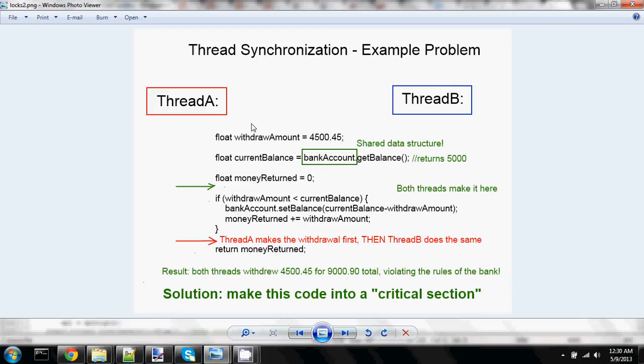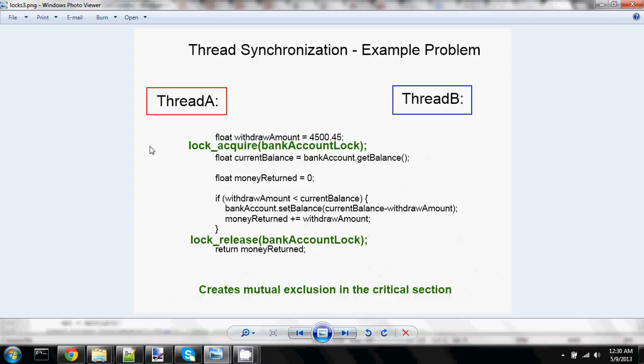So what we have here is what we call a critical section. It's a section of code where you only want one thread to run it at once because you have sensitive shared variables, in this case the bank account. So to fix this, we wrap the critical section with lock acquire and lock release. And the idea is that whatever's between these two lines of code can only be run by one thread at once. So the semantics of this is that whichever thread runs lock acquire first will get to run